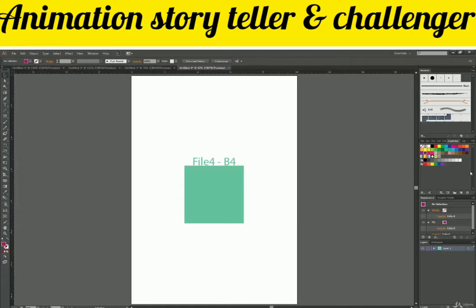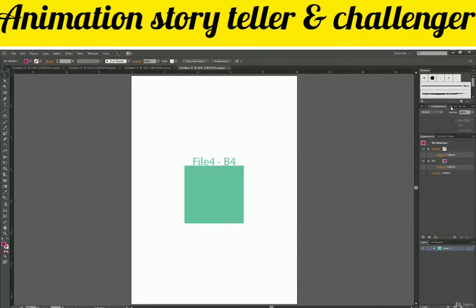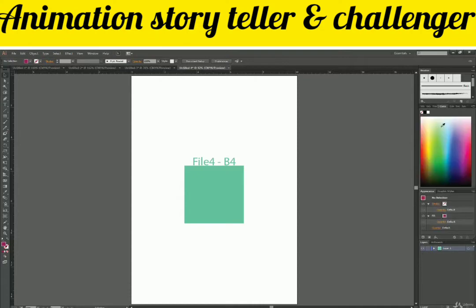I don't want to scroll actually in swatches, and this panel is covering unnecessary space. So when you drag between these two panels, you get this scaling cursor. Just click and drag, and you can change the size of your panels in this way. Sometimes Illustrator auto resizes the panels.